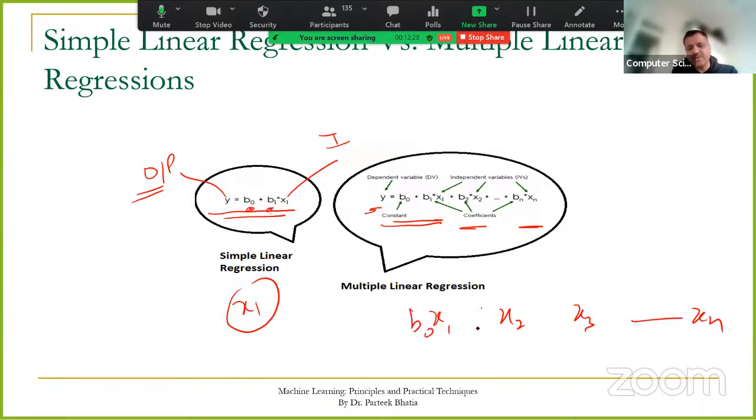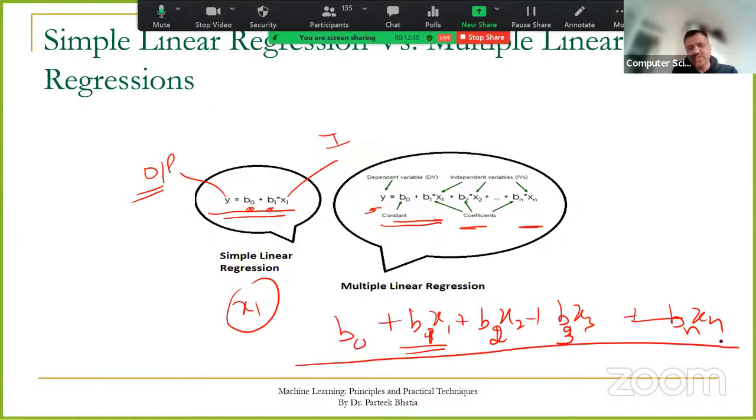And these are multiplied by a coefficient. So it is b0, b1 x1, b2 x2, b3 x3, and bn xn. So the sum of all these plus a constant. So this is the equation for calculating multiple linear regression, and in this case y is equal to a constant plus